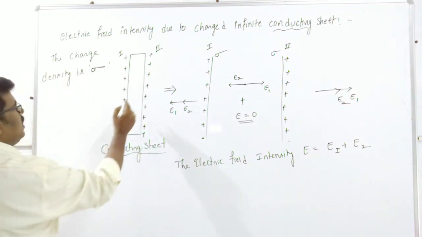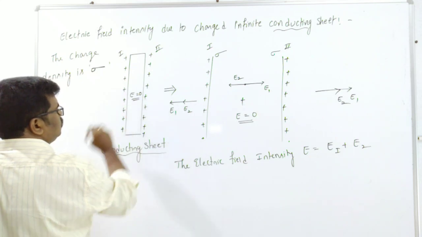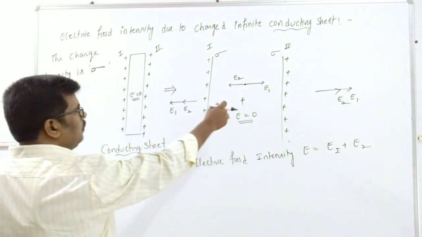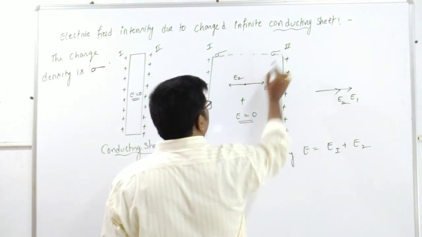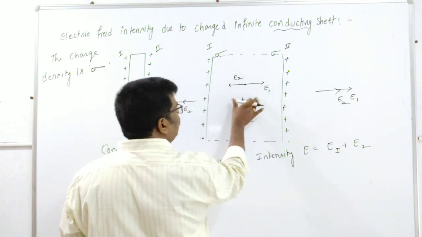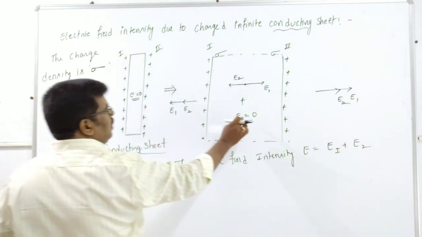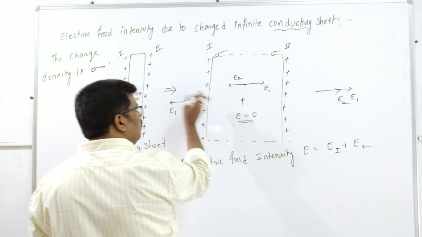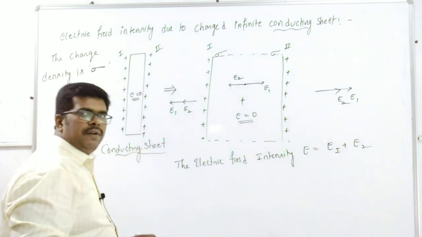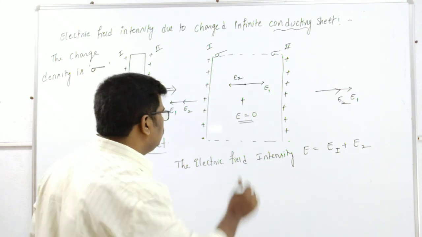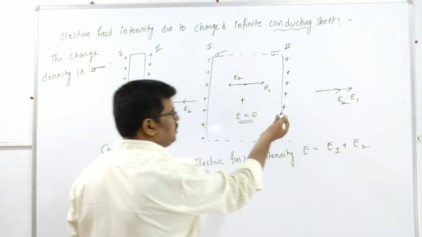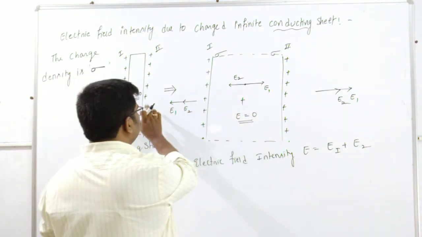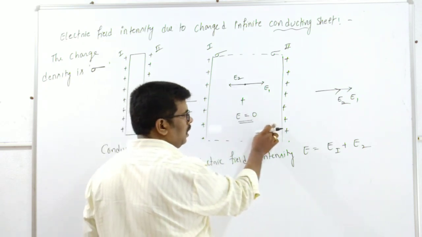The same thing here: inside, the electric field intensity is 0. Only outside will the electric field be present. If you take this as some enlarged body, this is the middle center of this body. Here, due to this one, there are equal and opposite electric fields, so the net field will be 0. But on the left side or right side, the net field will be the resultant of E1 and E2. E1 and E2 expressions are nothing but the electric field intensity due to non-conducting sheets, because this conducting body is split into two non-conducting ones.